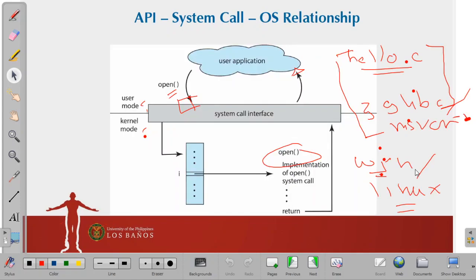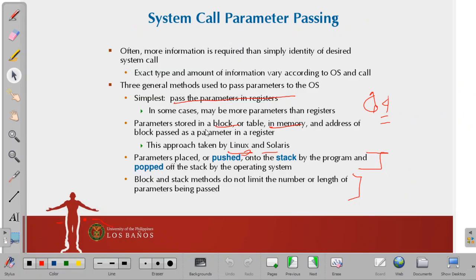Remember that the system call will execute in kernel mode. So how do you pass data from user mode to kernel mode? There are several approaches. The simplest, of course, is to pass the parameters via the registers, or if you have a large chunk of data to pass to